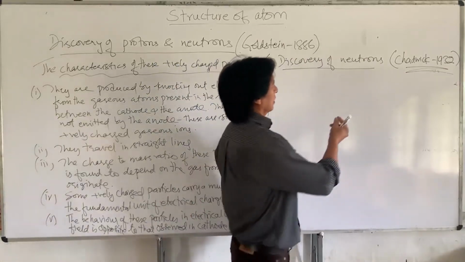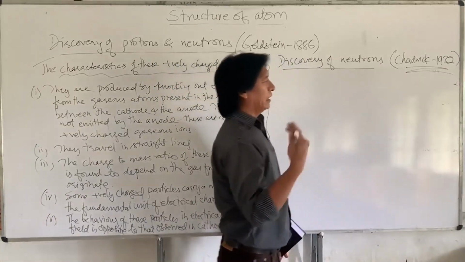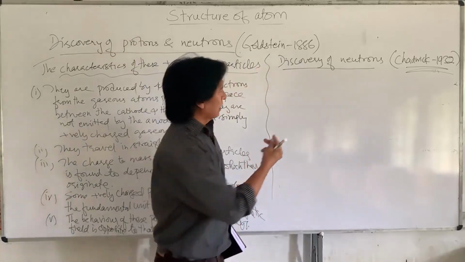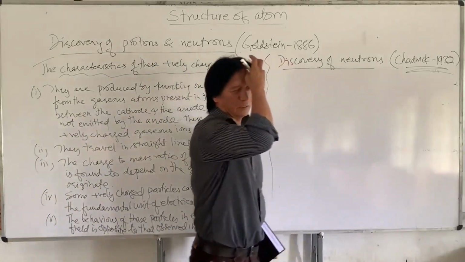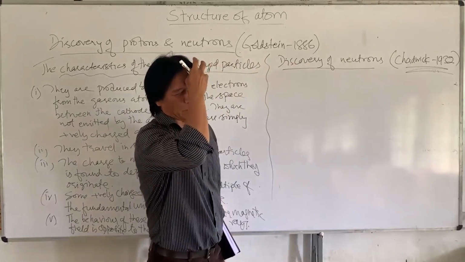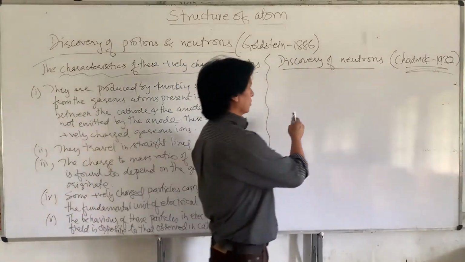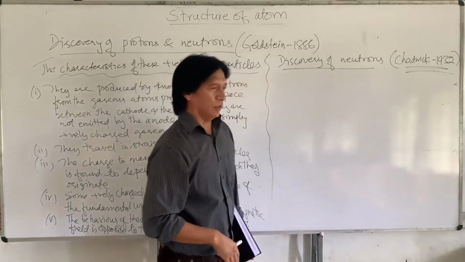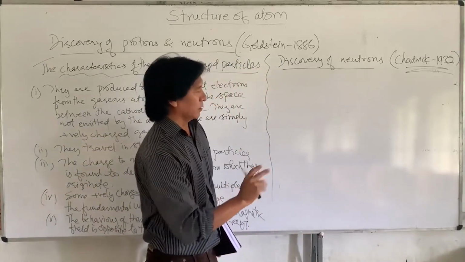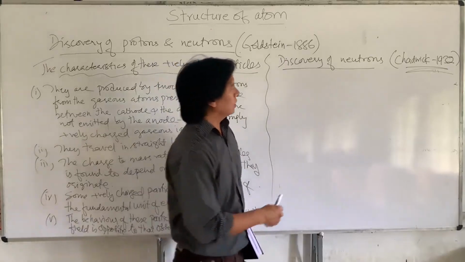When a thin sheet of beryllium was bombarded with alpha particles, he found that neutrally charged particles, particles having no charge, were emitted from the beryllium sheet, and he called these particles